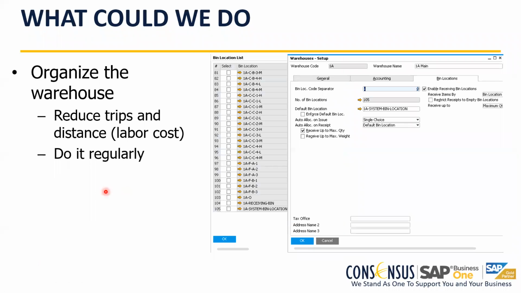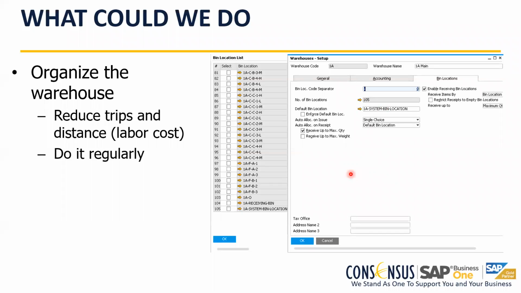The second thing is implement a WMS. Implement the resources that you have from SAP, in this case, to manage bins. And there are very good warehouse management systems today where you could have the different locations, where you could have the different bins with different characteristics. You could create restrictions. You could define what is the sequence of picking. So managing bins is a great option to improve the way that you handle the inventory.